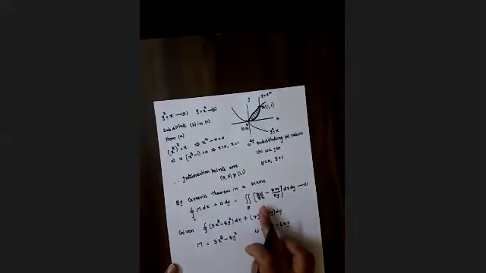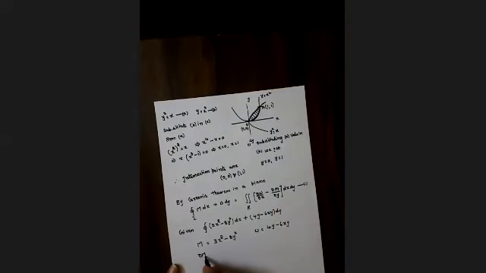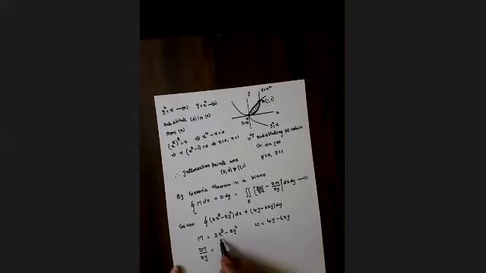Here we need to find ∂N/∂x and ∂M/∂y. Differentiating M with respect to y, x is constant and 3x² becomes 0. Minus 8 is a constant, take it out, the derivative of y² is 2y, so ∂M/∂y is minus 16y. Similarly, differentiating N with respect to x, 4y is constant so 0, minus 6y is constant, take it out, the derivative of x is 1. So ∂N/∂x is minus 6y.